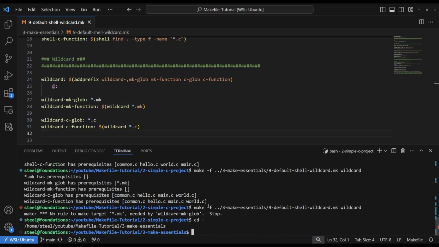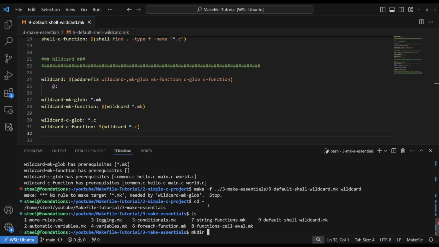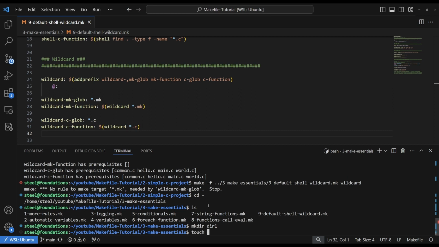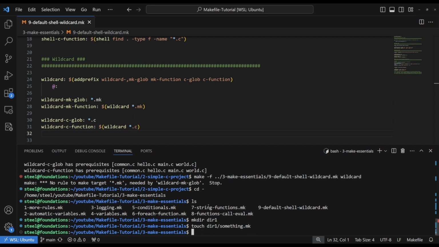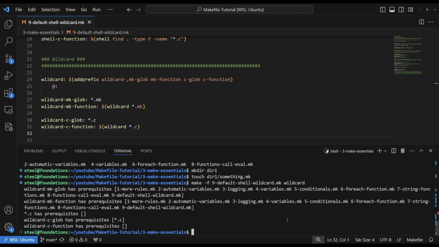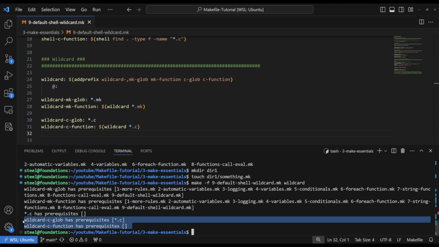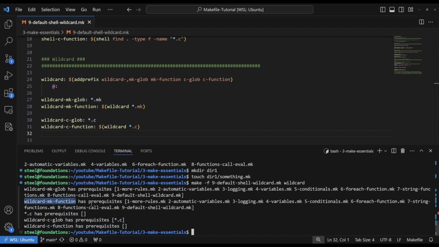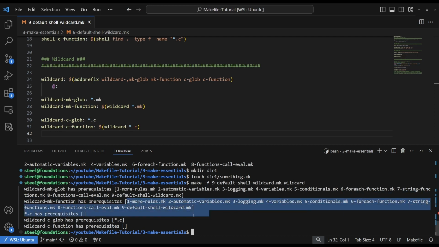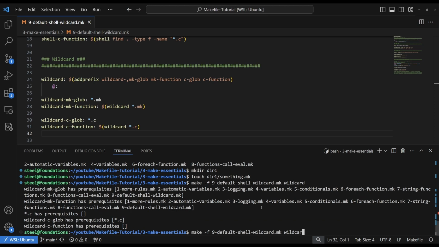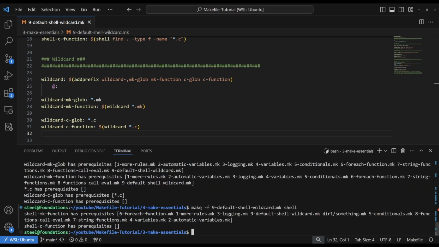Now, let's move back to the original directory and let's make some directory and touch a file in there, something.mk, and let's run that again, and let's say wildcard. We have a problem here. So we know about the glob problem, but what happened to the wildcard function? It evaluated to the mk files, but unlike, let's run the shell version, unlike the shell version, which saw dir1/something.mk,